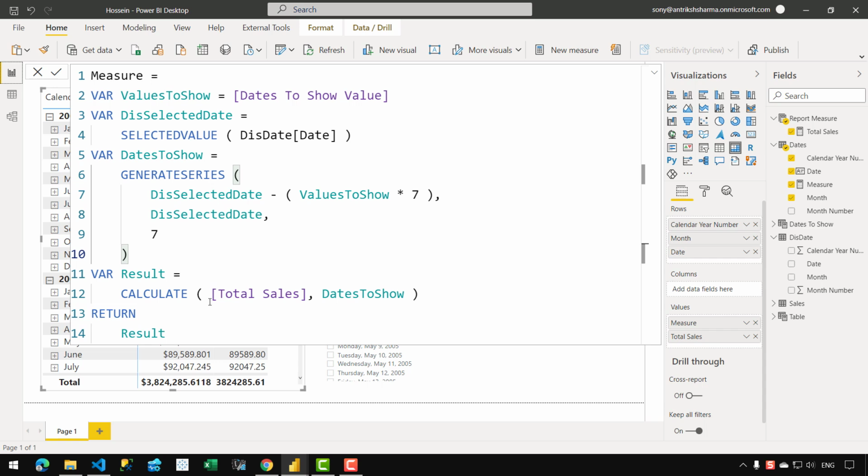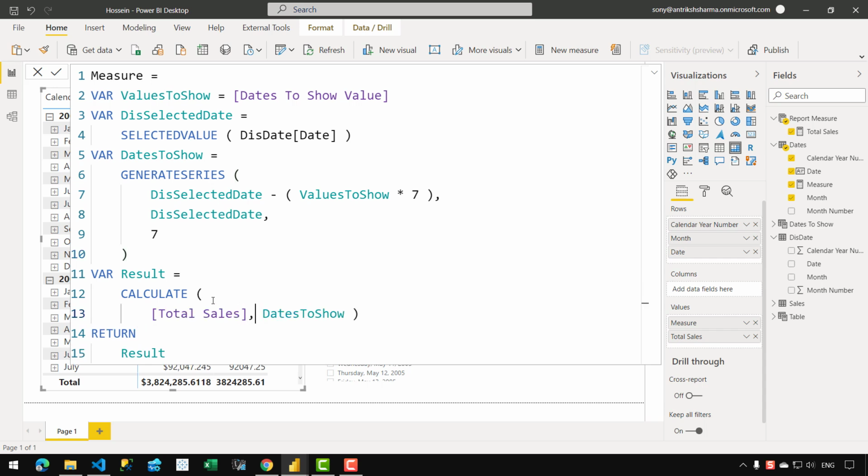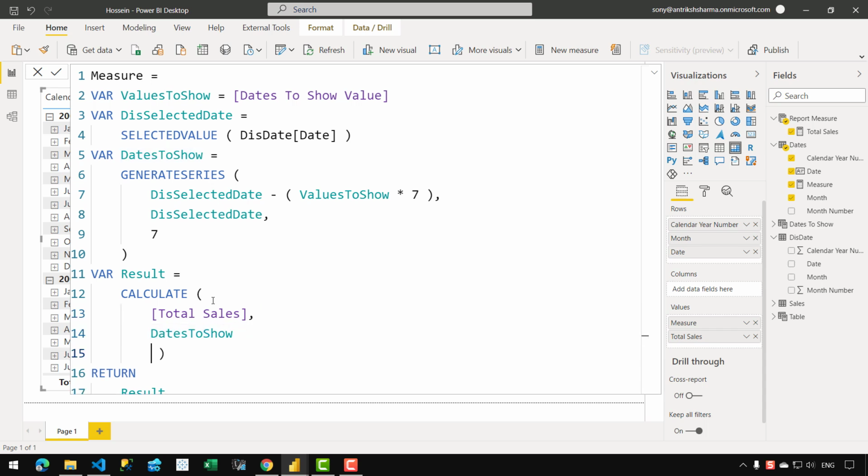So what we can do is treat those values that we have received from the generate series as if they were actually part of the original date table, or you can say we are basically building a lineage with the date column of the date table that we already have in the data model. So what we can do is write TREATAS,